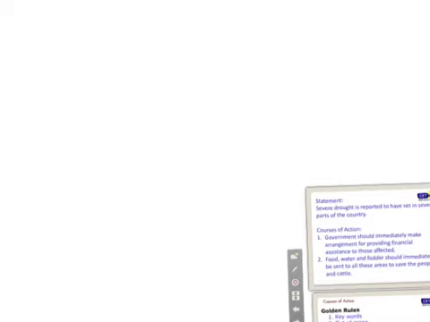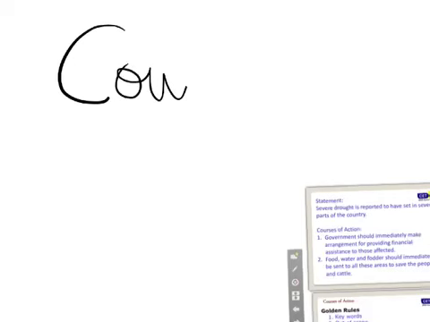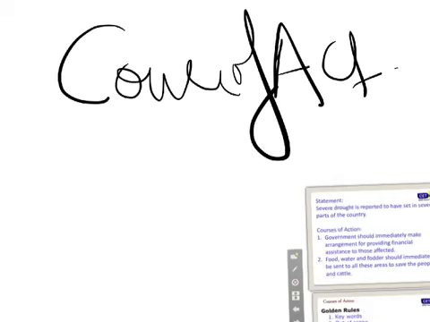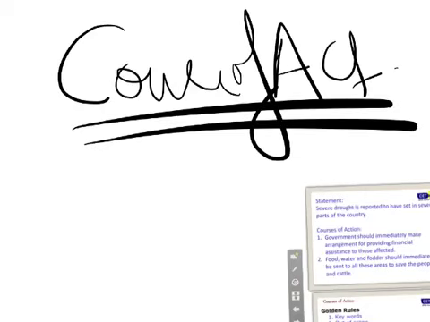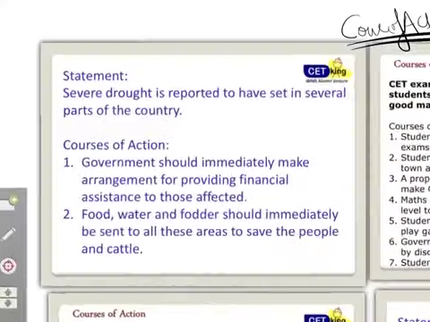Hi guys, in this part I'm going to talk about courses of action. Courses of action is a very important topic for your exams. Right from CET to bank PO, every year 5 questions are going to come in the exam, and people will get them wrong or they will leave the topic. So the objective of my workshop is to make sure that you score at least 4 by 5 marks in this topic. So let's start the first part.